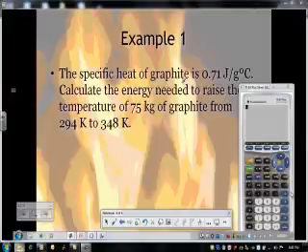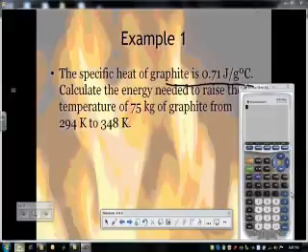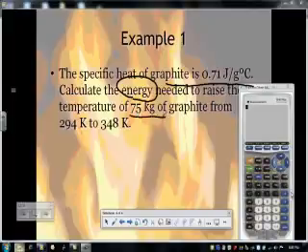So here's our problem. The specific heat of graphite is 0.71 joules per gram degree Celsius. And remember, important things I underlined so that we know that's a key term. Make sure you underline that one too, guys. Here's what it's asking us to do. Calculate the energy needed to raise the temperature of 75 kilograms of graphite, that's important, from 294 Kelvin to 348